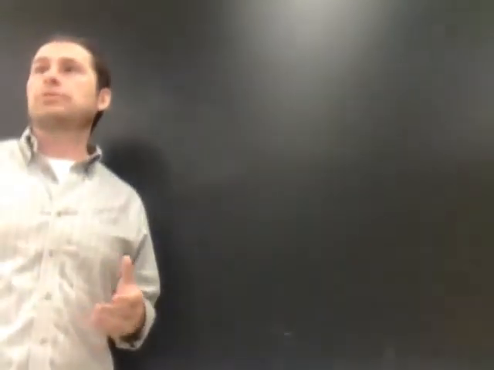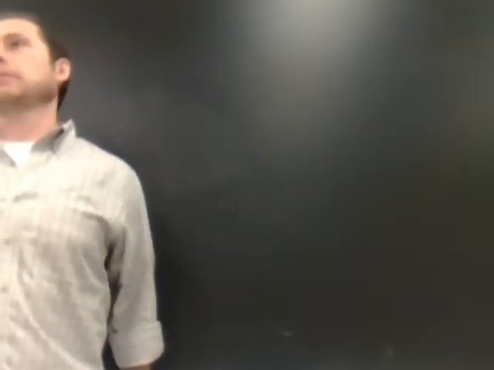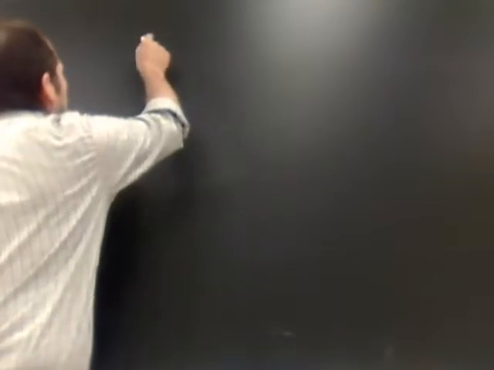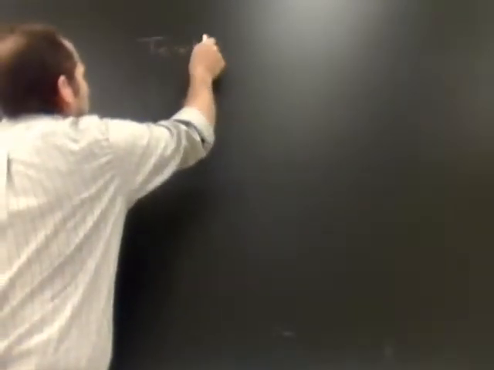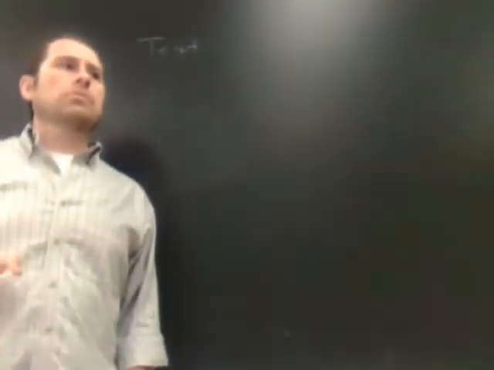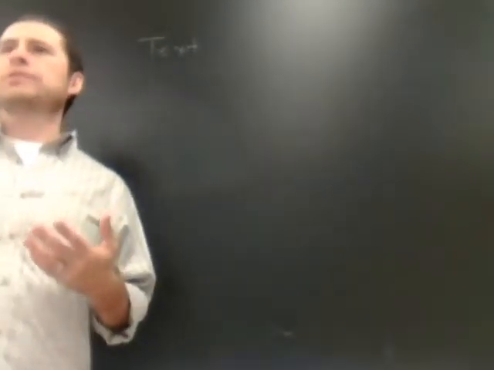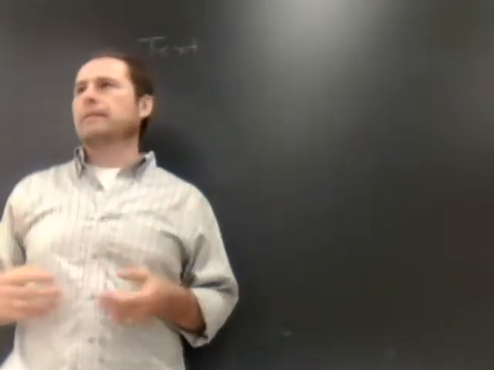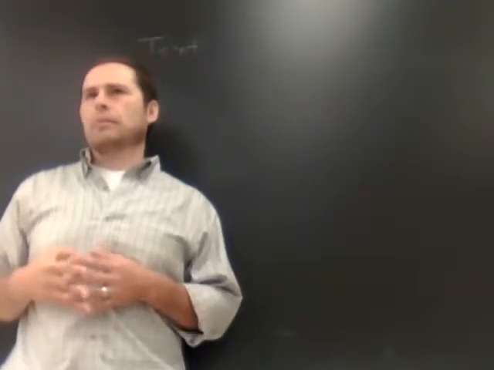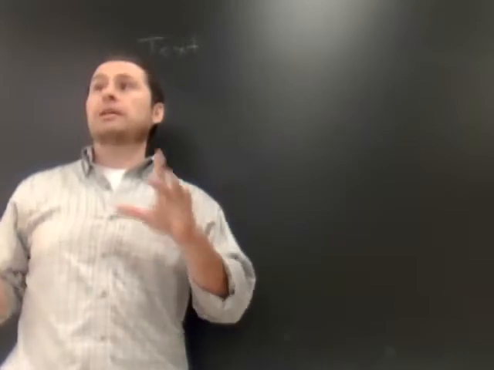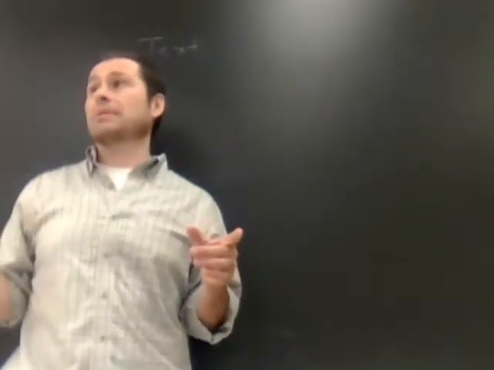Let's talk about some more terms. I want you to get these down. The term is text. We're going to talk about what makes a text. When we talk about writing, we say you're producing text, producing papers, themes, that sort of thing. What exactly is a text? The purpose of this, in one sense, is to expand your definition of writing so that you can see it happens across disciplines. Okay?